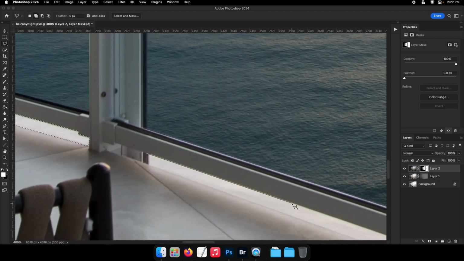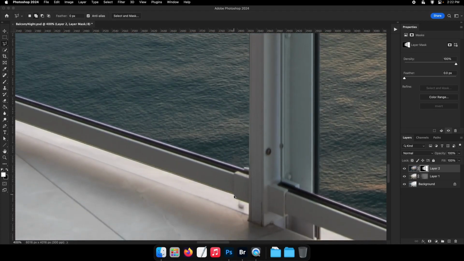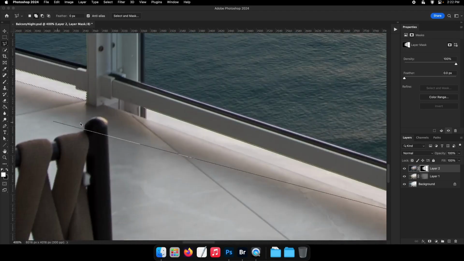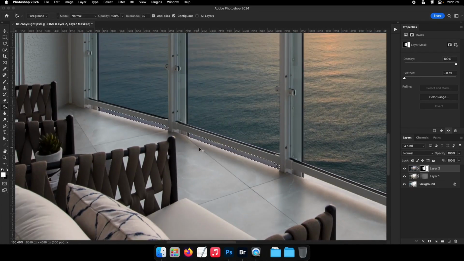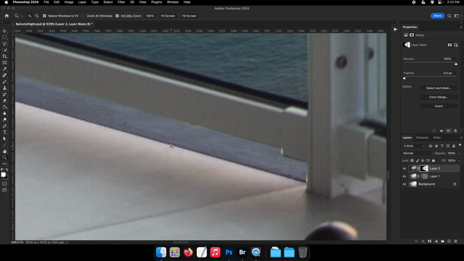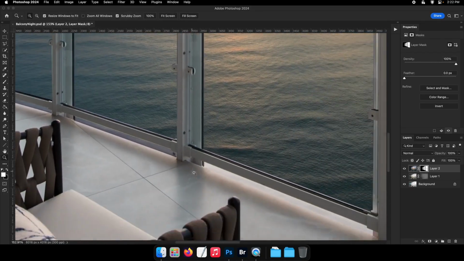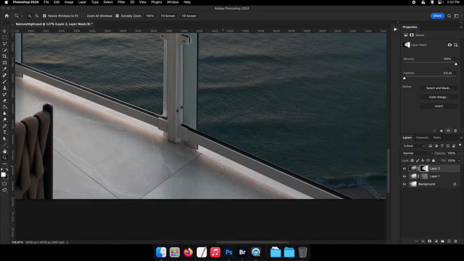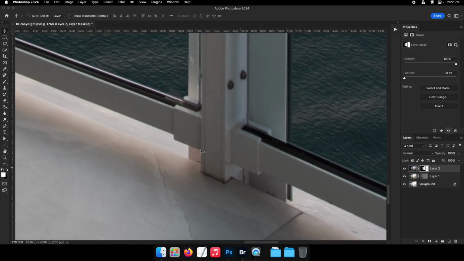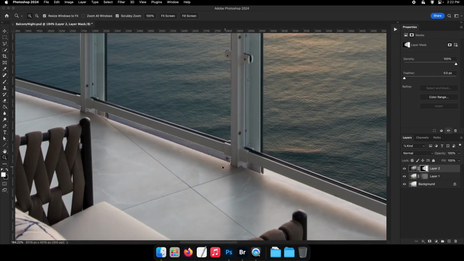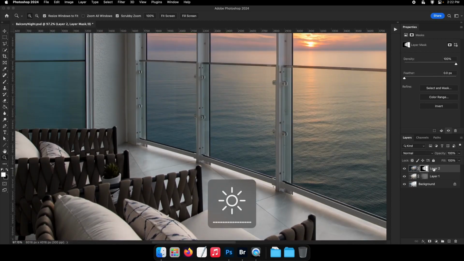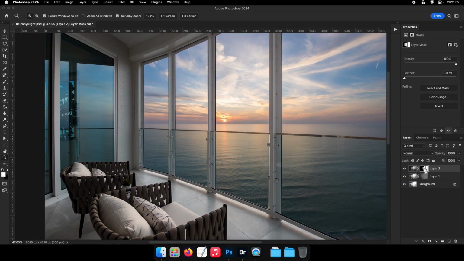a square shape here at the bottom. I'm not sure if this is even the ocean. Let me see here. Okay, that's actually, I see. Okay. So that's not even the ocean, that's actually the concrete material or whatever this is on the balcony floor. So I'll just